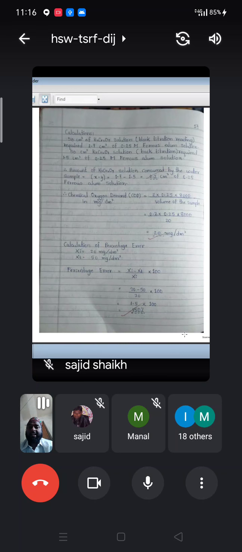It is a very simple experiment, and we can go through it. We just have to prepare; the only thing is that it is time consuming. Why is it time consuming? Because there is a 90-minute reflux. Now the question that will come to your mind is how we can reflux that. Yes, we can reflux these things easily.